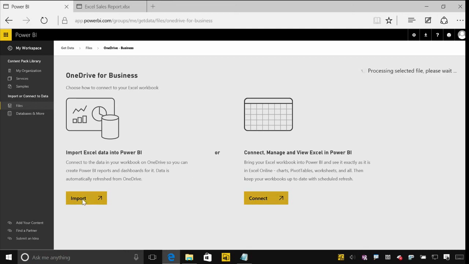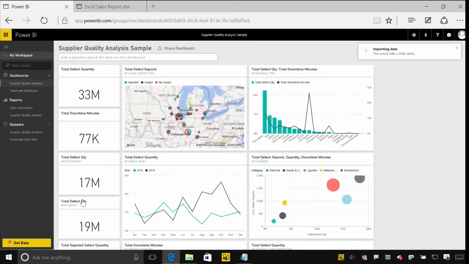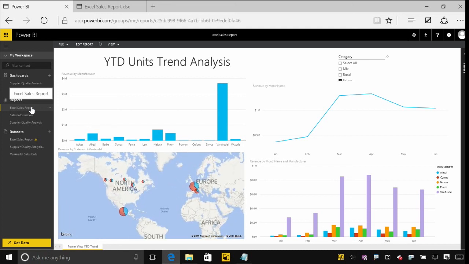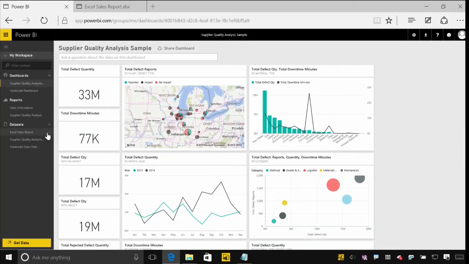This will start processing the file, and as I said, that's going to split it up into a data model and into Power BI reports. It's going to be pulling out those Power View sheets into reports. So I can see here's the data set, and the report is just being loaded. So I've got the same charts and graphs from that Power View sheet copied over here. Now it is worth noticing that if I make any changes to the Excel file, changes to the Power View sheets there, it'll overwrite changes in this Power BI report. I'm going to delete those and go through the process again to talk about the other option.